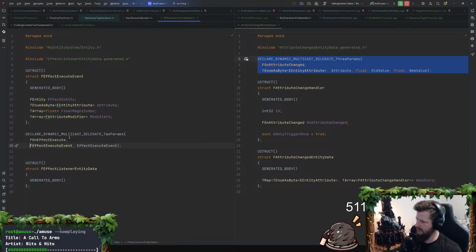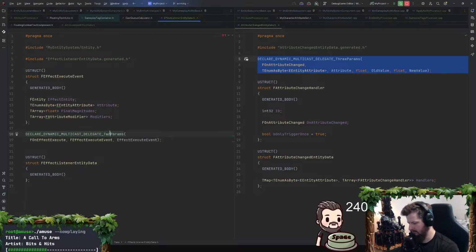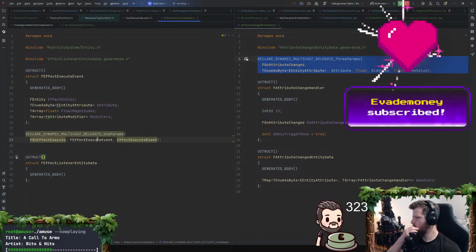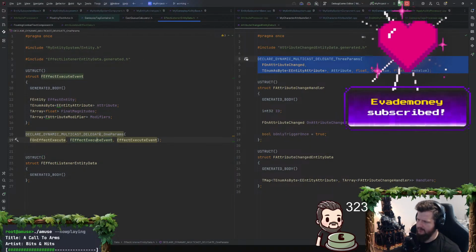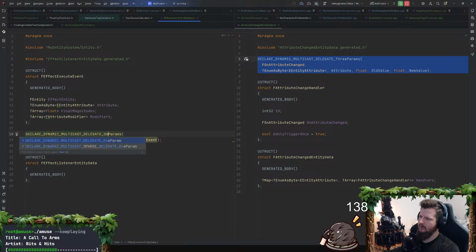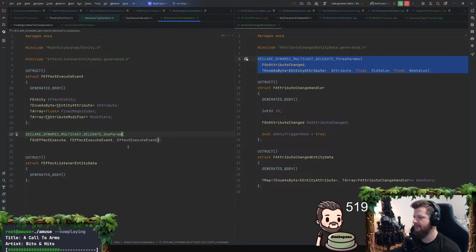So let's just put it all in the struct. So just one param. One param there. On effect execute. Why are you being weird about this? Oh, one params is not, it's one param, duh.